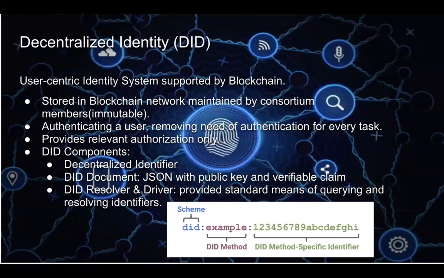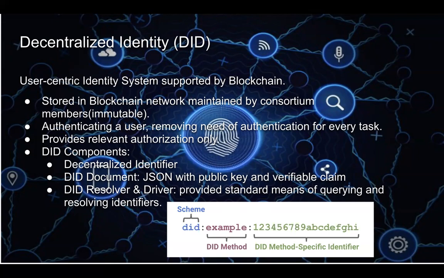The DID components include the decentralized identifier. The figure is the explanation of the decentralized identifier. It consists of three parts: the URL schema, the DID method, and the DID method specific identifier.